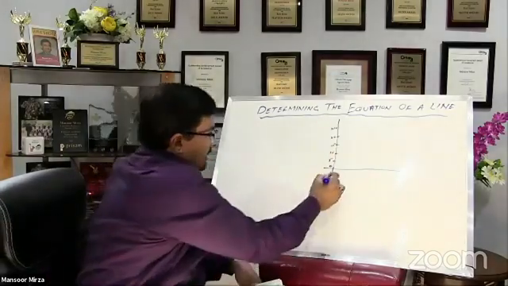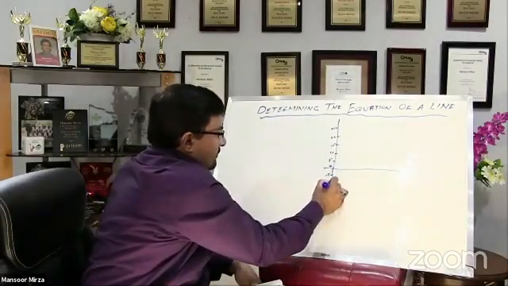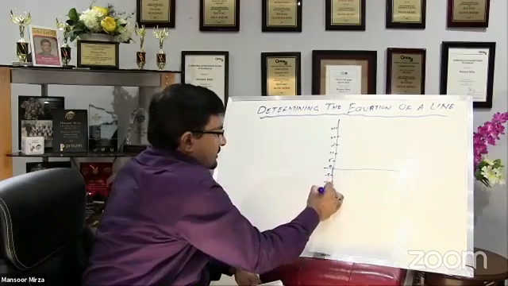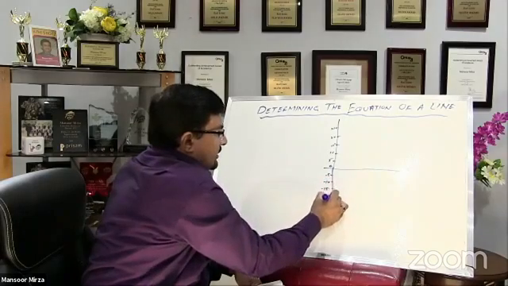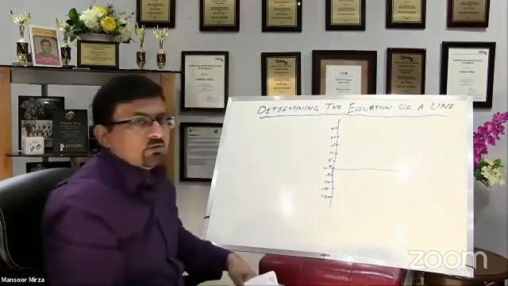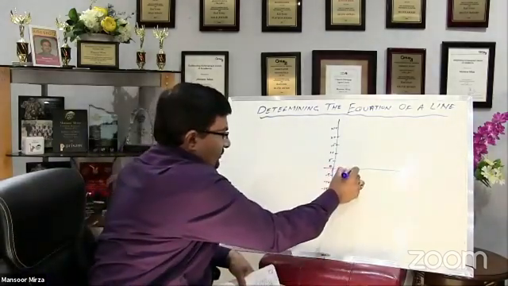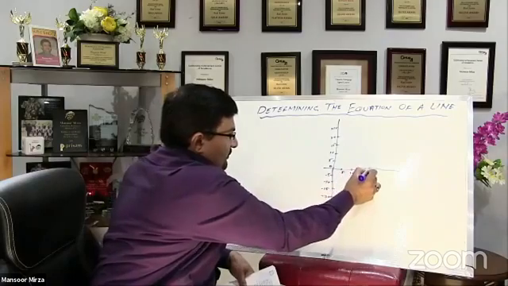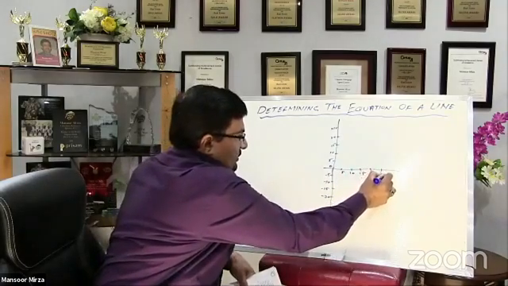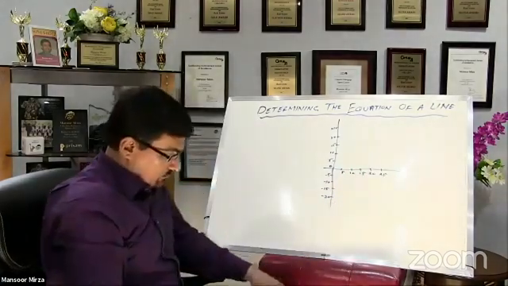And then in a similar way I have minus 5, minus 10, minus 15, minus 20. And then I have these numbers again, 5, 10, 15, 20, 25. The actual graph